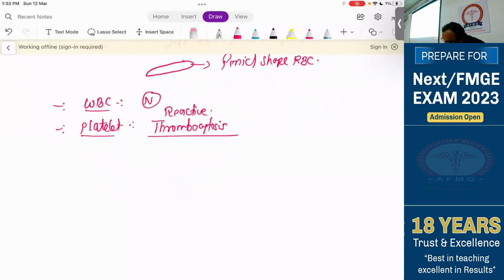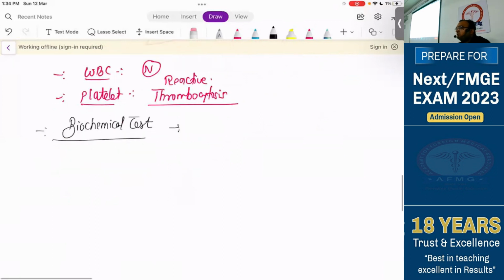नेक्स्ट थिंग, अभी तक हम कहां तक पहुंचे हैं? केवल माइक्रोसिटिक हाइपोक्रोमिक एनीमिया तक पहुंचे हैं. अब आगे बढ़े और अब बताइए क्या करें. अब हमने कंफर्म कर लिया जो सीबीसी बता रहा था वही पीपीएफ भी बता रहा है. ठीक है, अब आगे बढ़ते हैं. Now we'll move to the biochemical tests. Biochemical tests will confirm it's an iron deficient anemia, because now we have to focus on the iron status